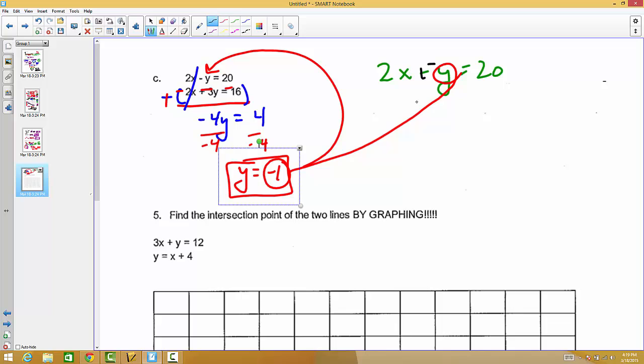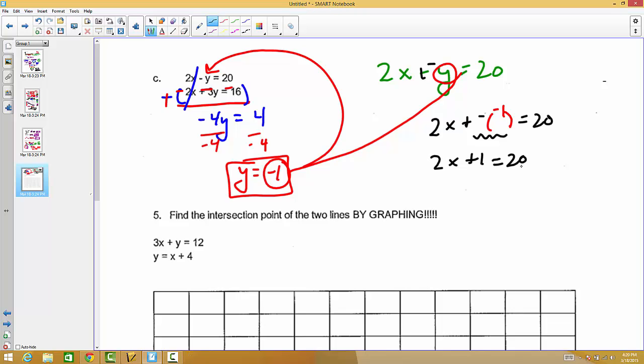So let's go ahead and rewrite. So 2x plus negative, and that's where the negative 1 goes. Equals 20. So right here, negative, negative 1. That's 2x plus 1. So you would need to subtract 1. So 2x is 19. And then divide by 2. So x is